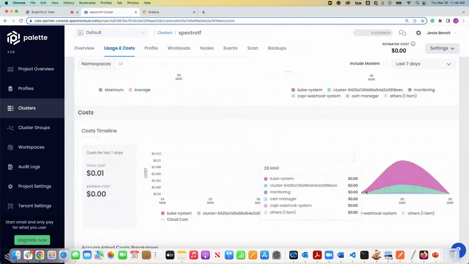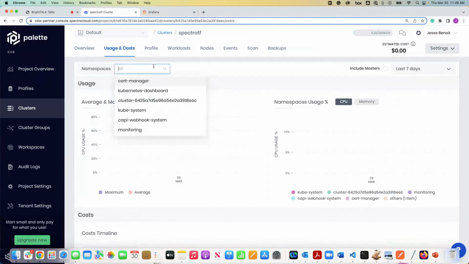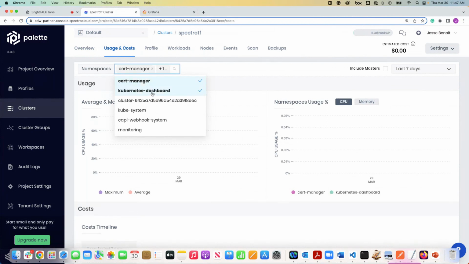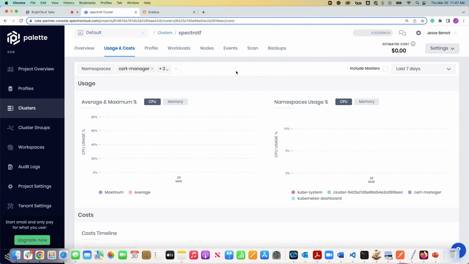So, we spun this up just a few minutes ago. Here you can sort by namespaces. Perhaps your organization has a chargeback and they need to charge for the applications that are in use. So if you have 75 different namespaces and 75 different applications on your cluster, you can just sort by, okay, I just want to see what's the usage of these key services. And accordingly, identify and report on costs for those namespaces or those projects.